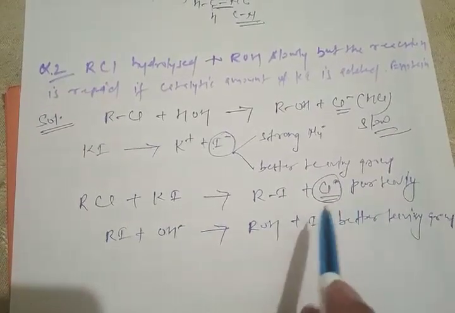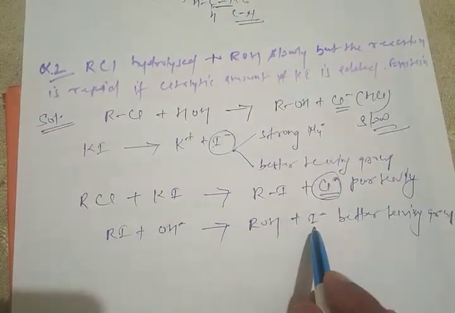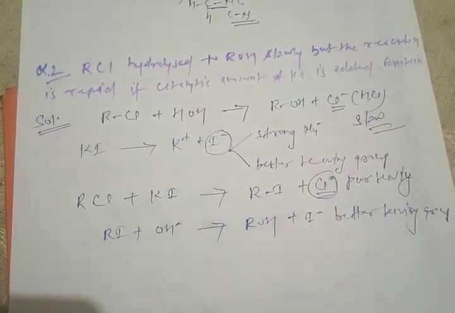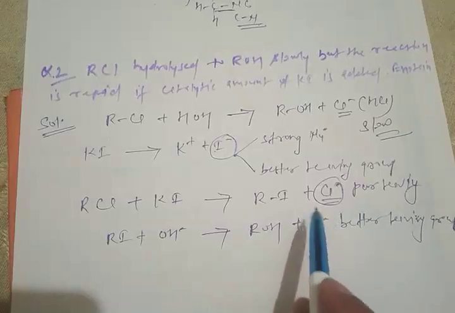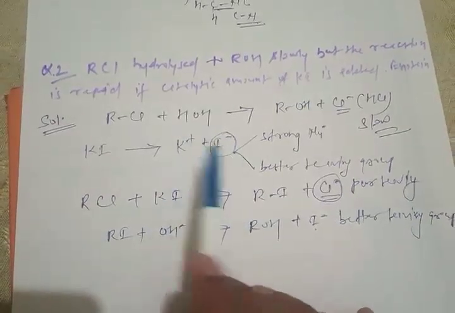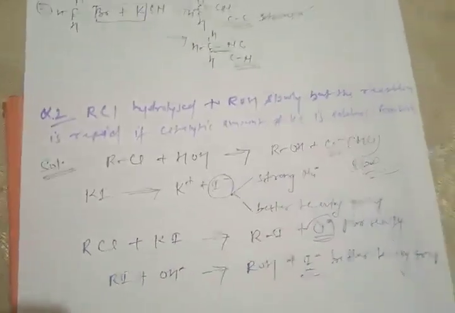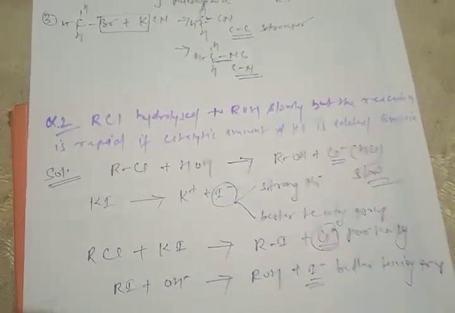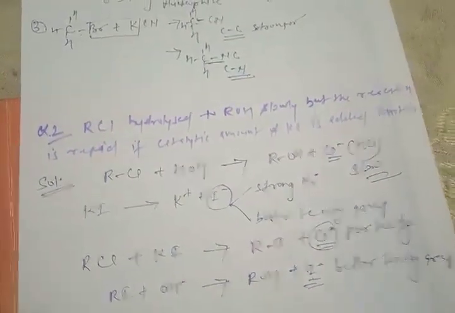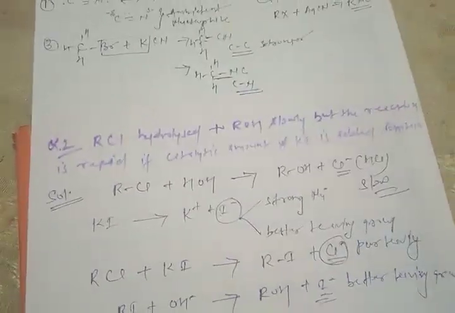One more thing is that this can be recycled, because here iodide is released, so again it can be utilized. So this is the catalyst, and we know that whatever catalyst we add will escape out in the final equation. So this iodide escapes out. This is how you need to explain this question. I think most of you are able to answer this question, but still this is the proper explanation. Thank you so much.